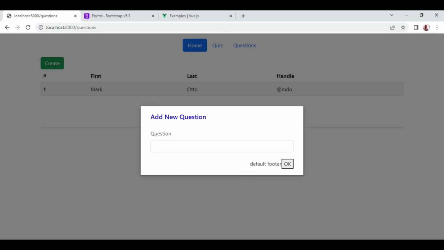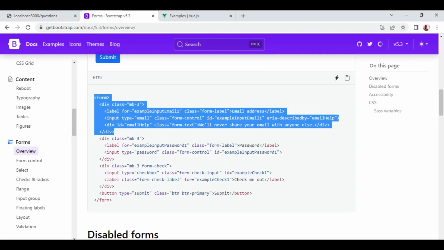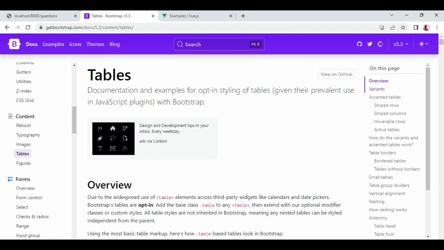And then I would like us also to do something, because the idea that I want us to implement, I want us to create the questions and the corresponding answers all at once. So we will not only have the question, but we will also have the answers. And these answers, I actually want to have them as a table. So I will just go back to Bootstrap and look for a table, just one of the tables that exist here,